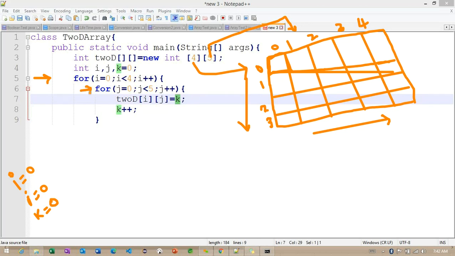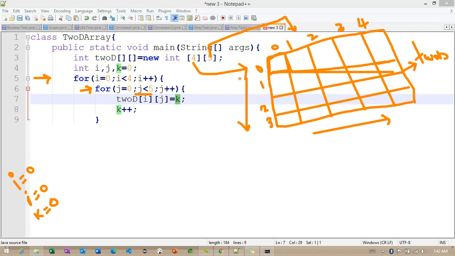So here we are checking with J. The J value also 0 here. The same way, this condition also will return true. Now you can see this 2D array is going to point to this particular array here. Getting the point? Inside this 2D array, I is having 0 and J also having 0.